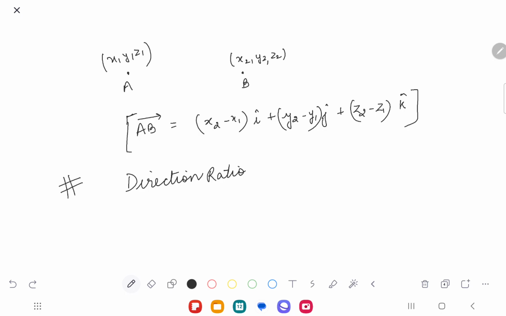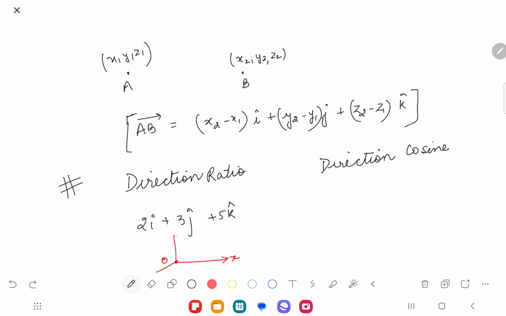Okay? And another one is called direction cosine. Now, why is it called direction ratio or direction cosine? Because it is telling me in which direction I am supposed to move, isn't it? When I say 2 i cap plus 3 j cap plus 5 k cap, that clearly indicates to me that when you are moving along